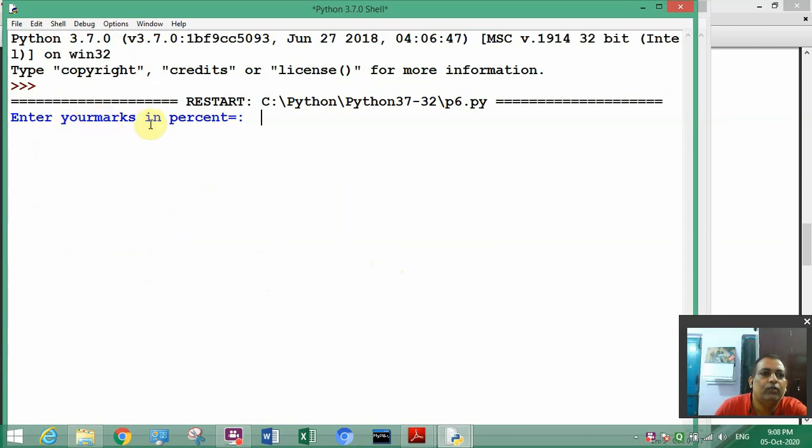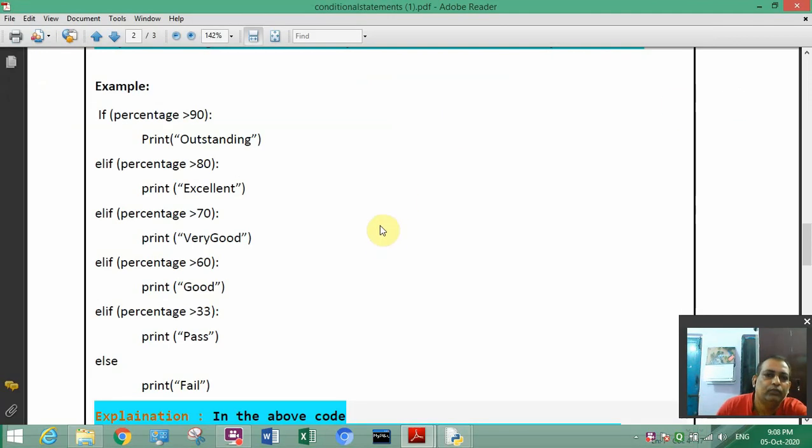Enter your marks in %. So you write 55% marks, then what is coming? It is coming pass. And what should come? 55 means if greater than 60 then it is good, otherwise 55 means less than 60, so it has given correct